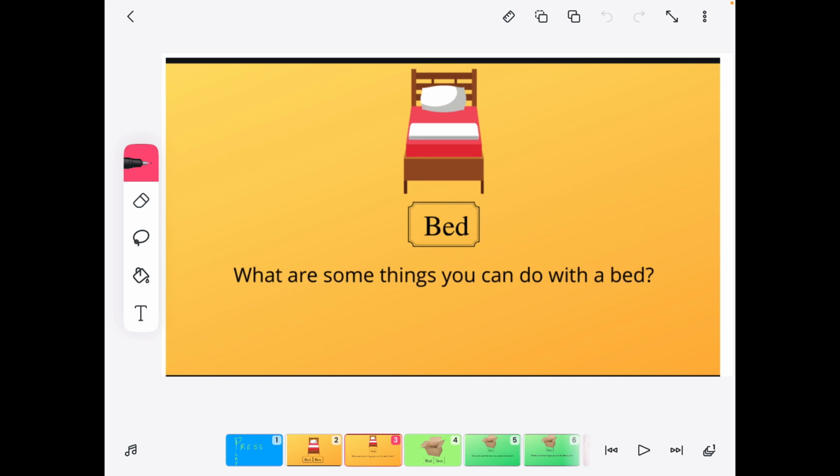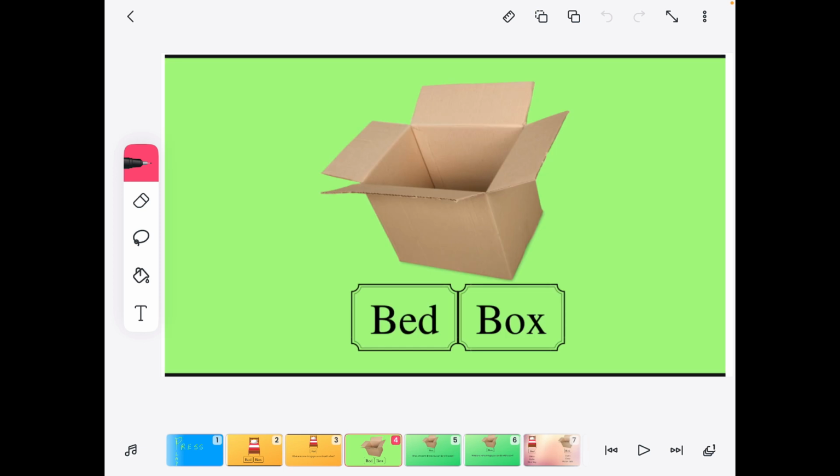So I go on to say, what are some things you can do with a bed? And they answer. Now some students don't know everything, some know a lot, and you just guide them and help them, make them feel good about the experience. Then we ask them, is this a bed or a box? Of course they're going to say it's a bed, if they're playful. And if they're not too playful, they'll say it's a box, and you'll feel good again